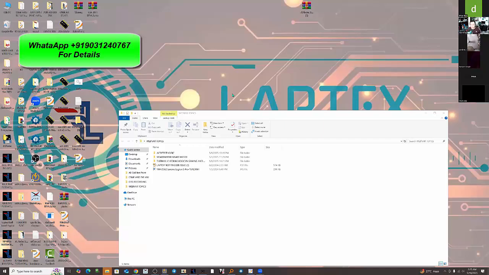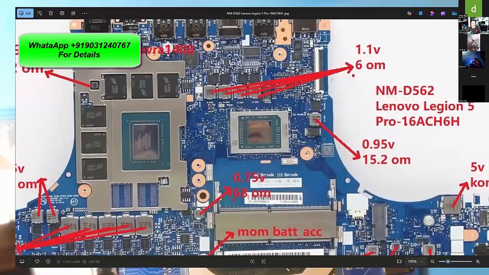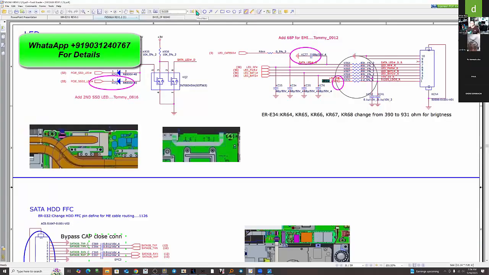If I show you here on the motherboard, it is written here 6 ohm, but I know that if it is Ryzen 5, it is good at 4 ohm. So the person who has written 6 ohm here may be wrong, because I have changed more than 200 CPUs in gaming boards. And I know very well what the exact value of the processor should be.